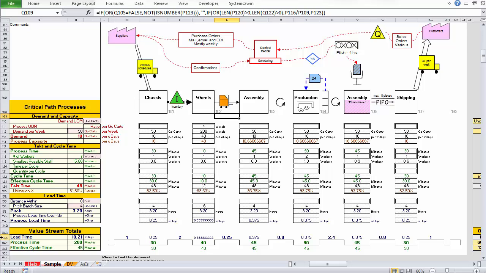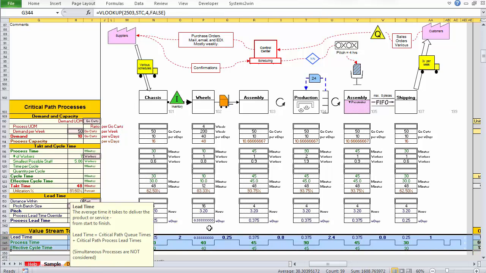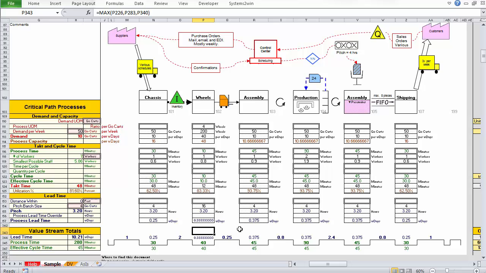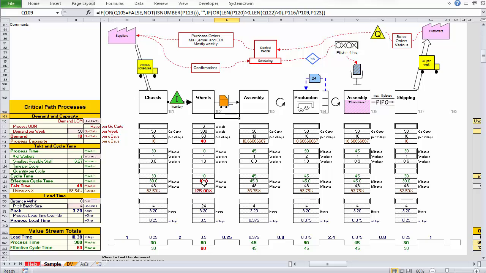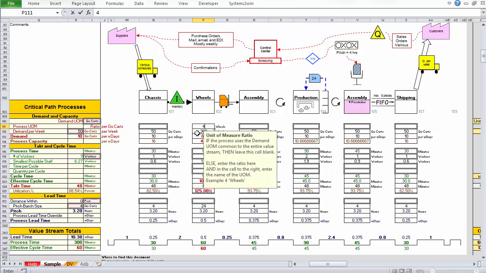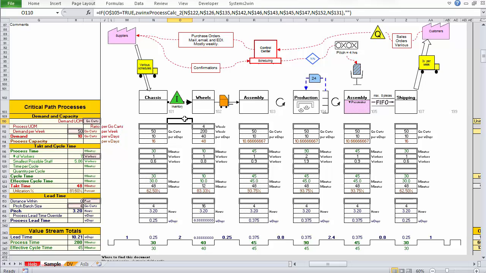But when it comes down here to this bottom line again, it had better be back into go-karts, or otherwise all of your math is going to be wrong. So let's say that you're making the dually model and you need 6 wheels per go-kart, and then your andons turn on in bold red and say, hey, you're not going to meet takt time, you got a problem there, you better deal with it. So you have to change something so that you can make dualies. So it can handle sub-assemblies, and if you've got value stream mapping software that can't handle it, you have to be thinking in a go-kart's worth of wheels. And if you own your Systems to Win template, you can do the math correctly.